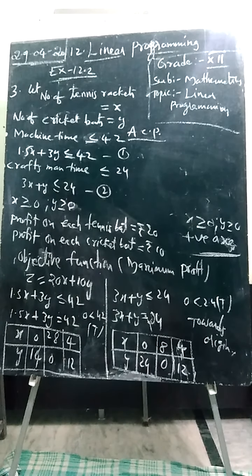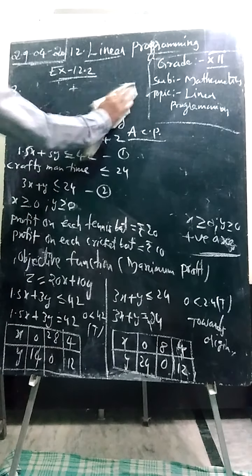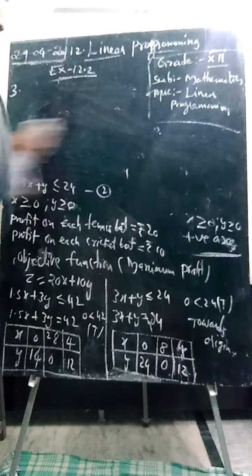I mean, we will substitute the corner points in the objective function where the maximum value occurs. In the previous problem, minimum cost for getting maximum energy. But in this manufacturing problem, minimum cost we should keep, but maximum profit we should get. So let us find maximum profit wherever possible. So now